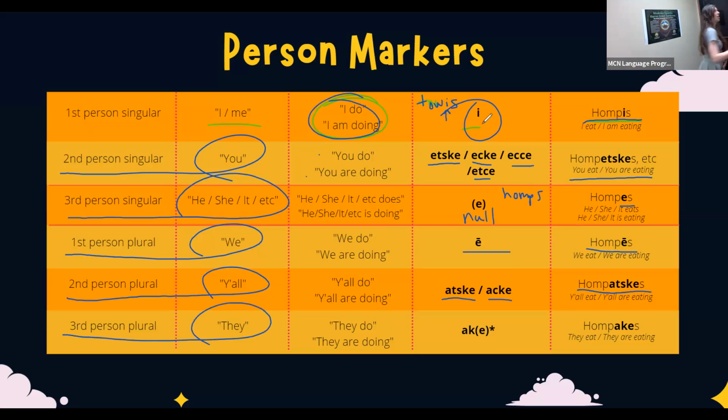Third person plural, they, last one. They do or they are doing. With that E, because it needs something. Hombagis. They eat or they are eating. And remember, because it's that no E, right? It's short. Hombagis. Nice. And it has that asterisk because once again, we have to remember whether or not it's a